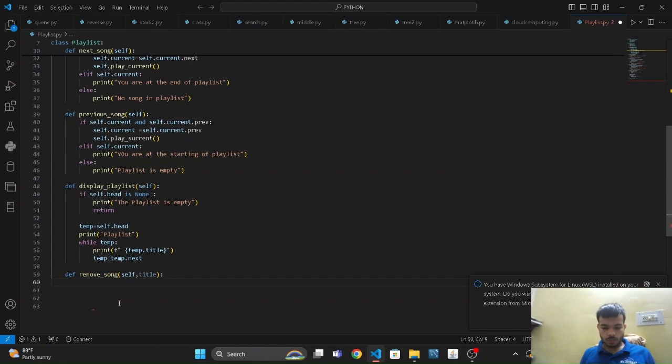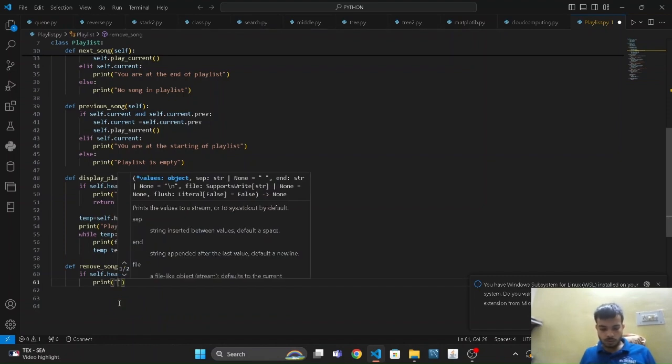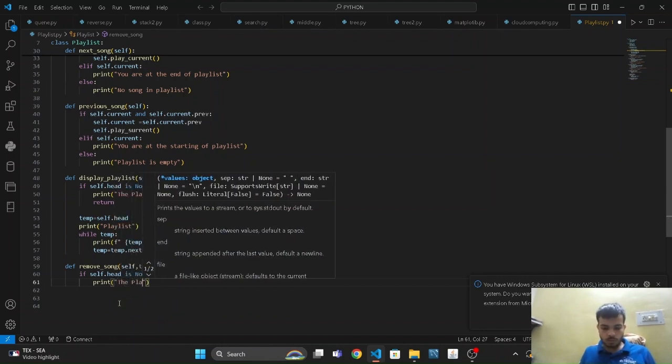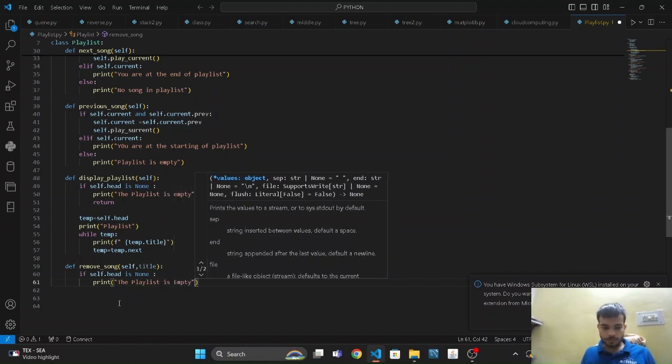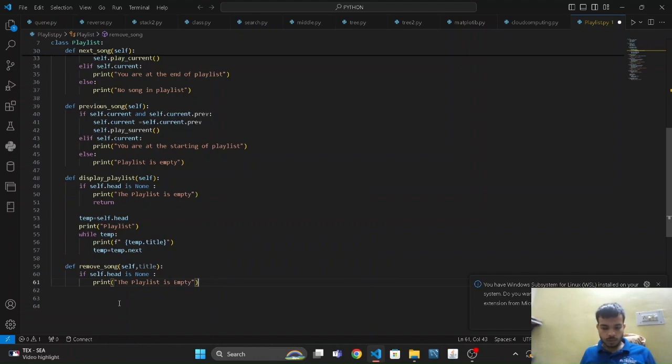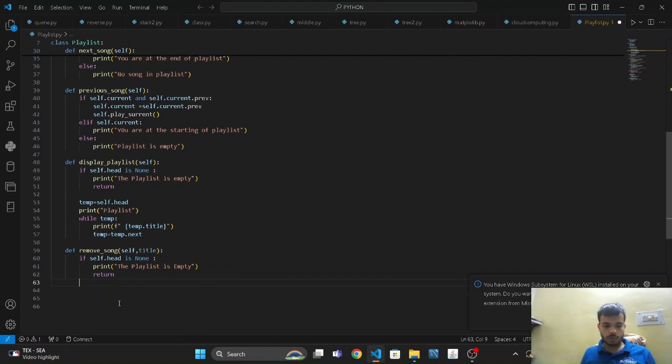So if self dot head is none, if you don't have any song in the playlist, then print the playlist is empty and simply return from the function. But if we have something in the playlist, then